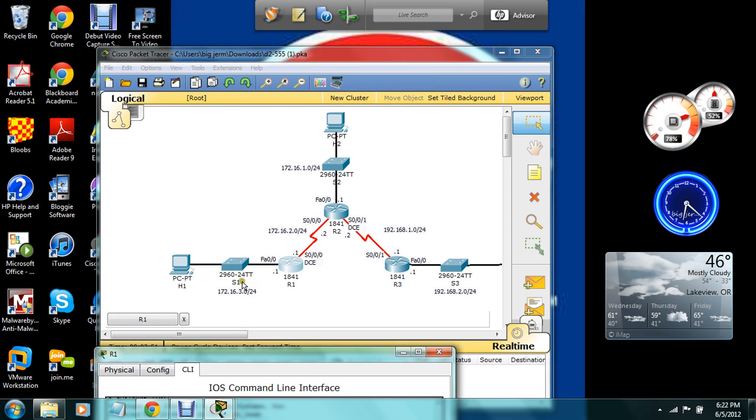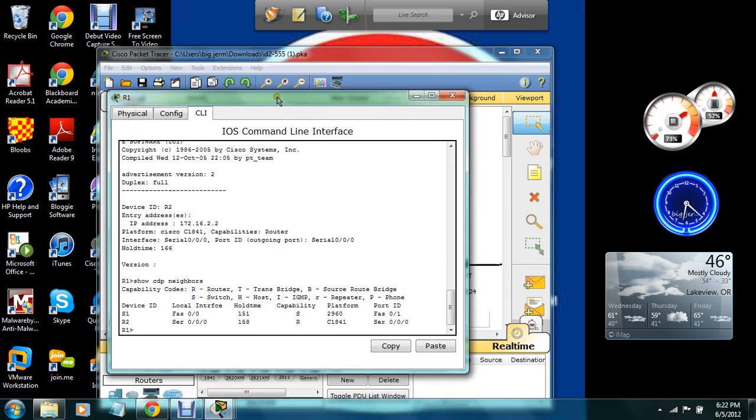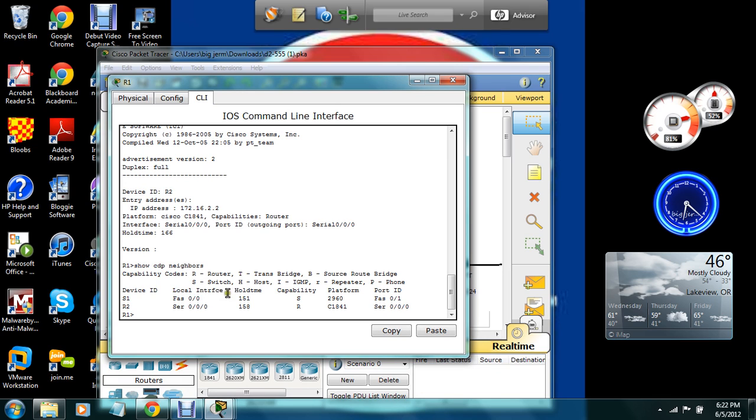S1's here, R2's here. That's your outside router, and then you have a switch, which is your fast Ethernet, and then your serial is the one that you're hooked up to your outside internet, or outside could be the internet, but